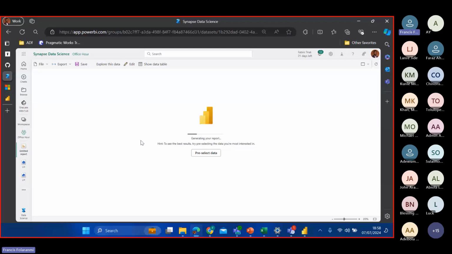Once this is ready, I'll quickly save this report and then associate it to my task flow. This way, we have also touched on the Power BI experience within Microsoft Fabric. So this is loading up. Let's give it some seconds.